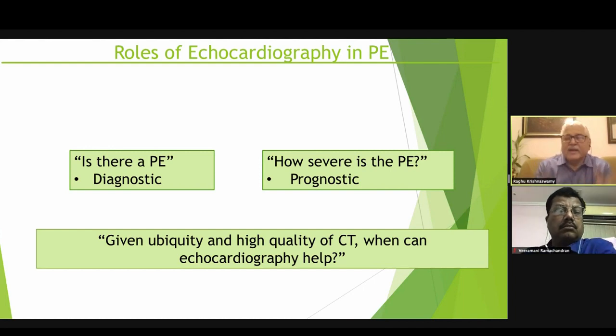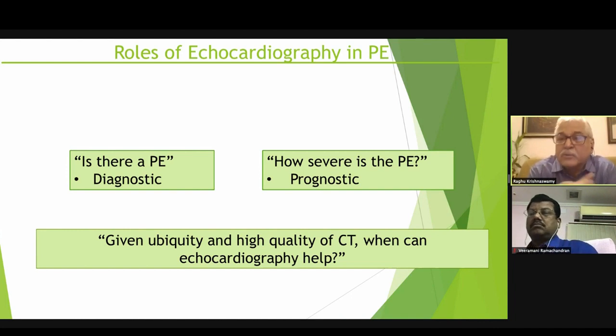Now, in a country like ours, I agree that all the mofussil towns and all the major cities have CT scans spread all over the place. But even now, in the smaller towns, I'm sure Dr. Veeramani will agree, because he's in a major city and surrounded by a lot of well-developed towns, the availability of CT is again not as common as an echocardiogram.